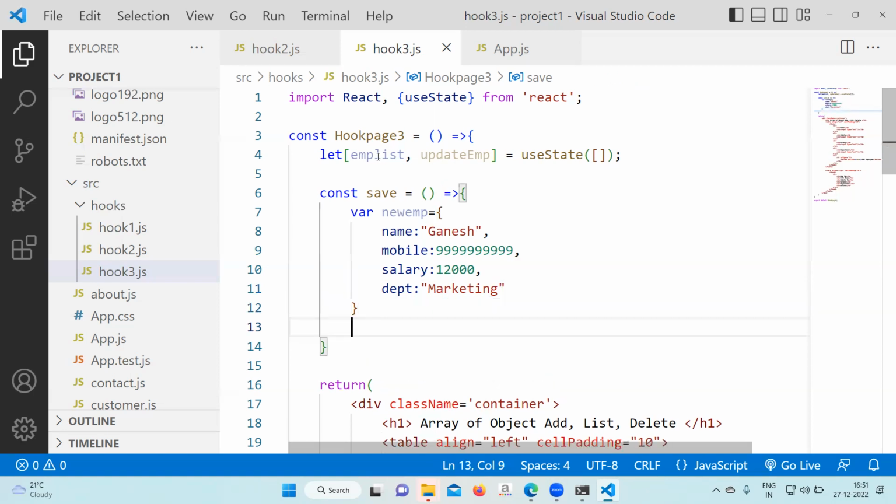What is our array name? EMP list. We got one employee here. This we need to add inside this EMP list with the help of the update EMP function. Update EMP function will come. Inside this, again you will follow the EMP list